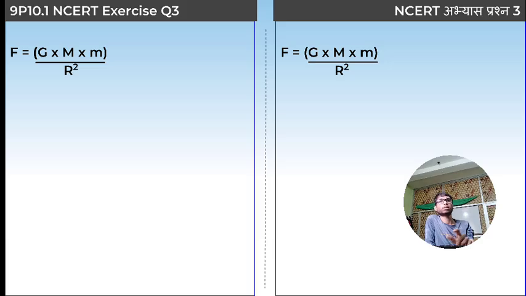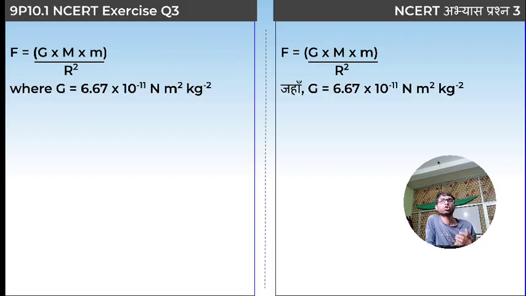Then force will be equal to, gravitational force will be equal to, we know that this is the formula. And how did it come? We have already seen. Now we are going to use this formula so that we can calculate gravitational force, masses of the objects, distance, all of this. We use this formula. So where G is this, we know that G is a fixed gravitational constant. This is the value of this G,